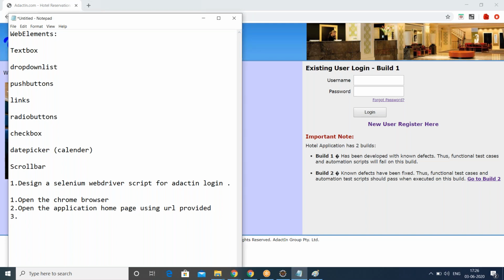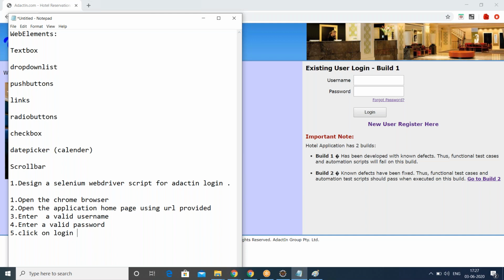We have to enter a valid username. Next, enter a valid password. Then click on login. Yes, login only.